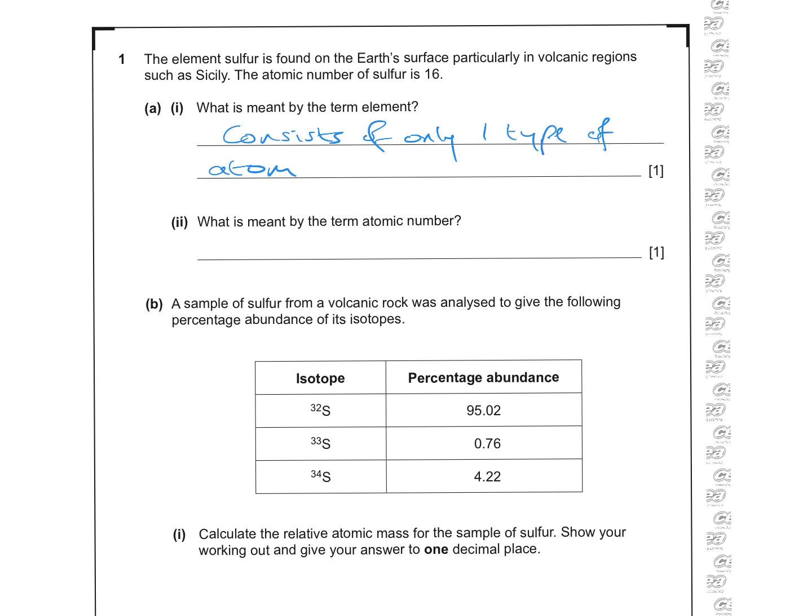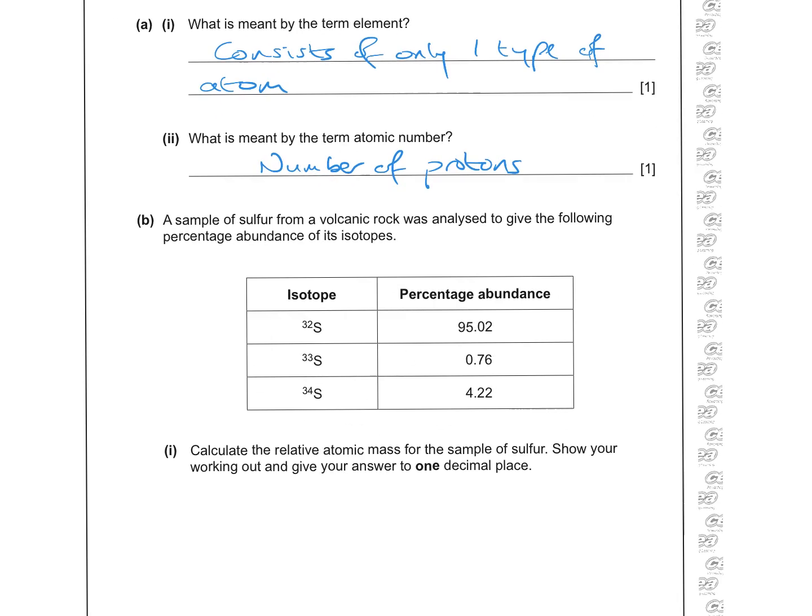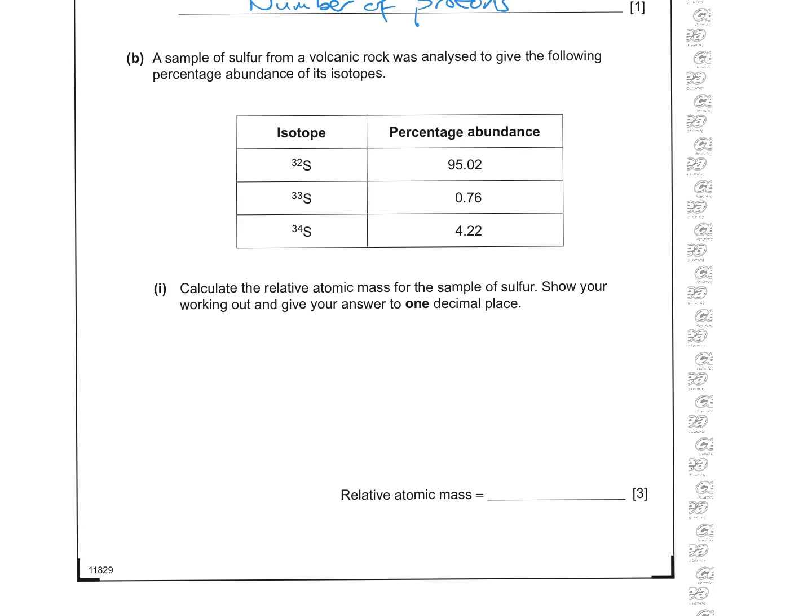On to part 2, atomic number is just the number of protons, and they'd obviously be found in the nucleus of an atom. Part B, we have to work out the relative atomic mass of sulfur. So we've got our percentage abundances, and there's an isotope of sulfur 32, and